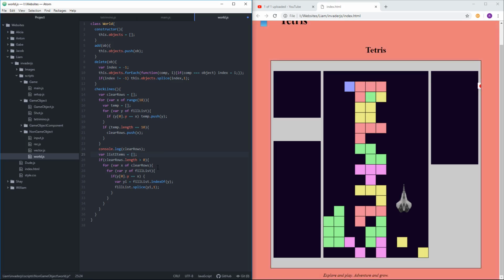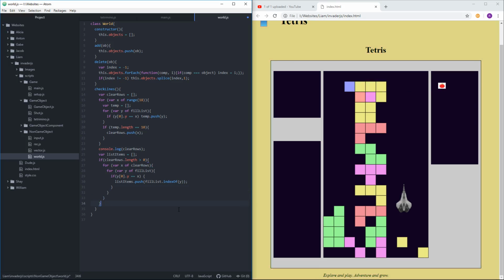We'll keep track of that. We will get the index of whatever we want to remove. We won't splice it just yet. We'll just store the index of the things that we want to remove once we identify them. And then after that, we want to